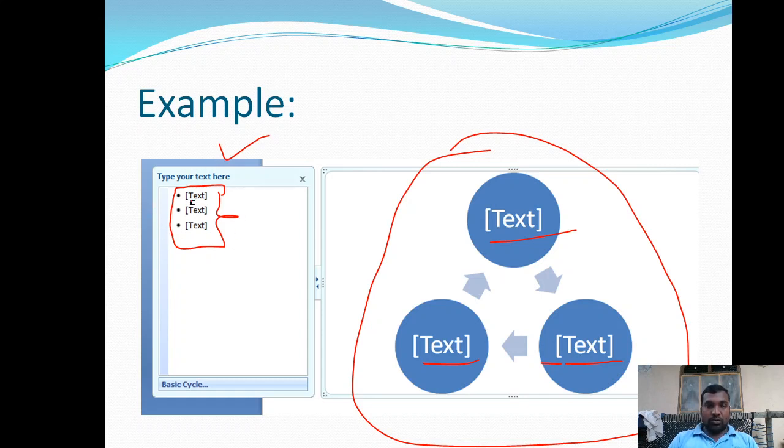So here all are placeholder text. If you want to change this text, enter it here, and that will be reflected here. We are going to look at this in a similar way in later slides. So this is a simple example.